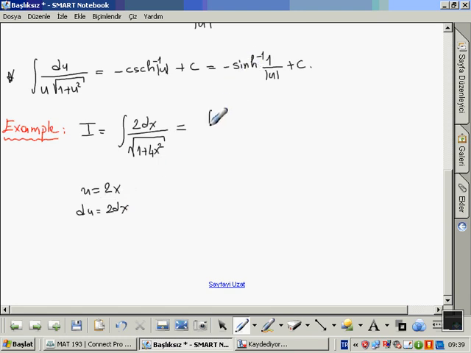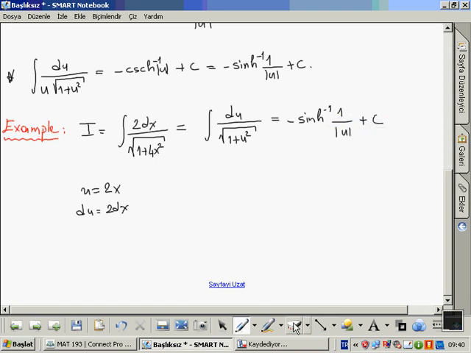After that you can write this integral in terms of u and du: du over the square root of 1 plus u squared, and we know this integration is equal to